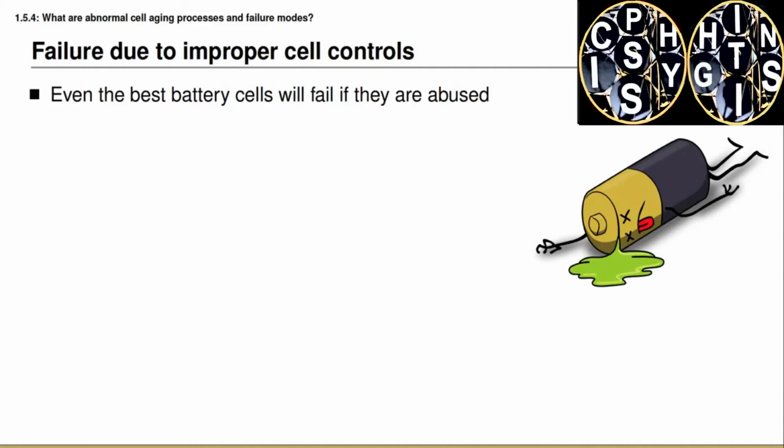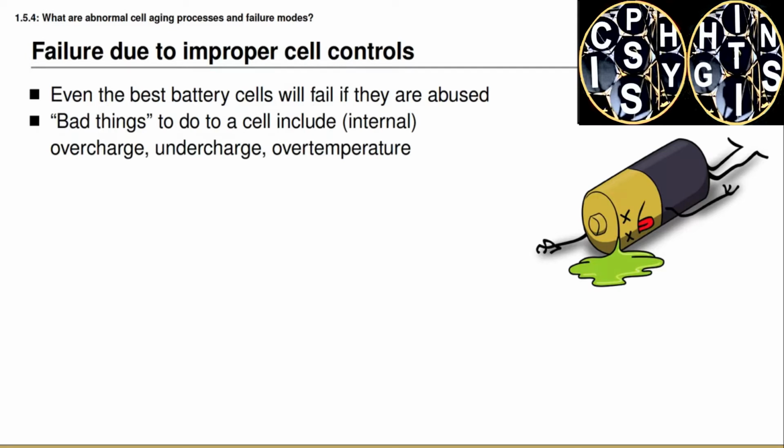In the previous lesson, you learned about some normal causes of battery aging and degradation, and now we're going to look at what happens to a battery cell when it is abused. Some bad things to do to a battery cell include overcharging it or undercharging it or subjecting it to temperatures that are too high. And when I'm talking about overcharge and undercharge and overtemperature, I can be referring to what's